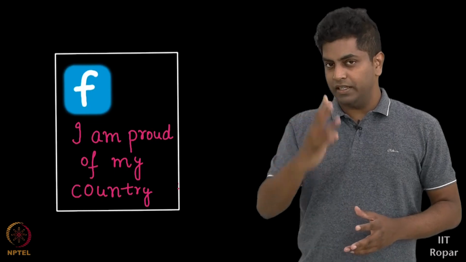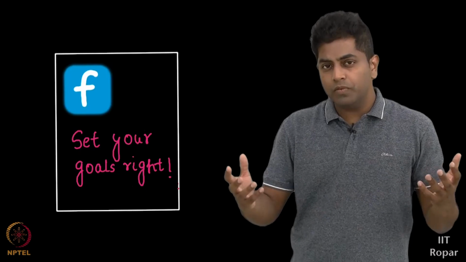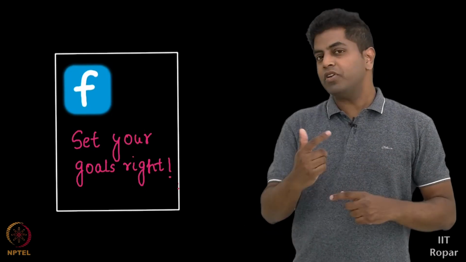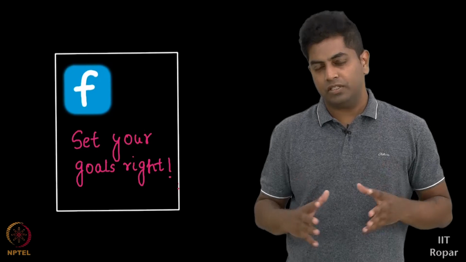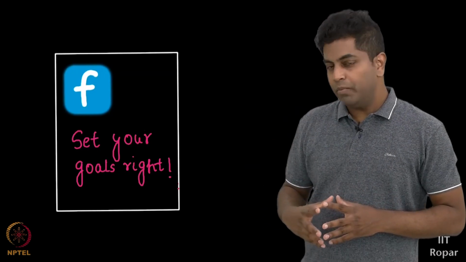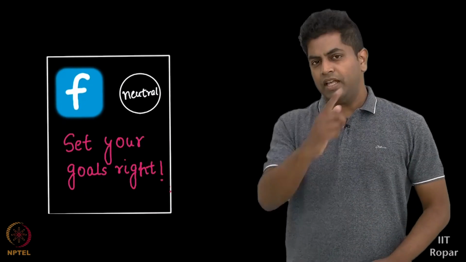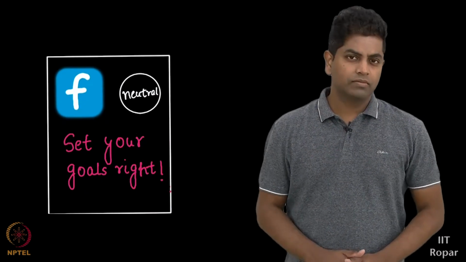Now, let's look at the third example. Set your goals right. It's a very suggestive one-liner. Neither positive nor negative. It's neutral. Correct? Do you see the sentiment of the first sentence being negative? Second being positive? The third being neutral. As and always, what are we doing? Programming, of course. I told you 3 sentences and you realized that it was positive, negative and neutral.